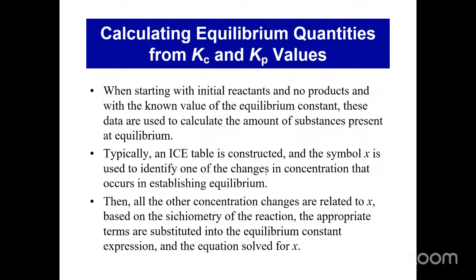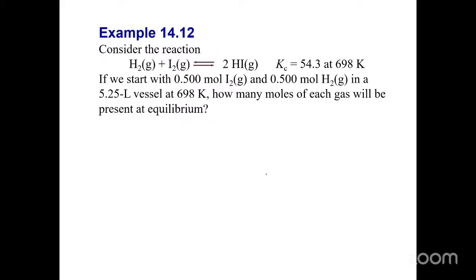So what we have just done is determine Kc based on changes in concentration before and after equilibrium. Now, doing the reverse, in other words, if you're given a Kc and asked to determine the concentrations of the different components at equilibrium based on pre-equilibrium concentrations, that's a bit more complicated, but we're going to do that here. We're still going to use an ICE table, but this time it's going to be a bit more challenging. And the best way to learn about this is to go directly into a question of this type.